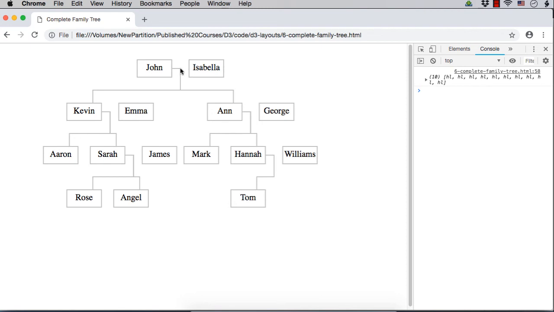Next, we need to have a connection from here to here. So how can we achieve that? If we could draw a line from here to here, then it will look like there is a connection line and this line starts from the middle. So what is this point? This point is x plus 40, right? So if we could draw a line from x plus 40 having 20 pixels, then it will be a connecting line.